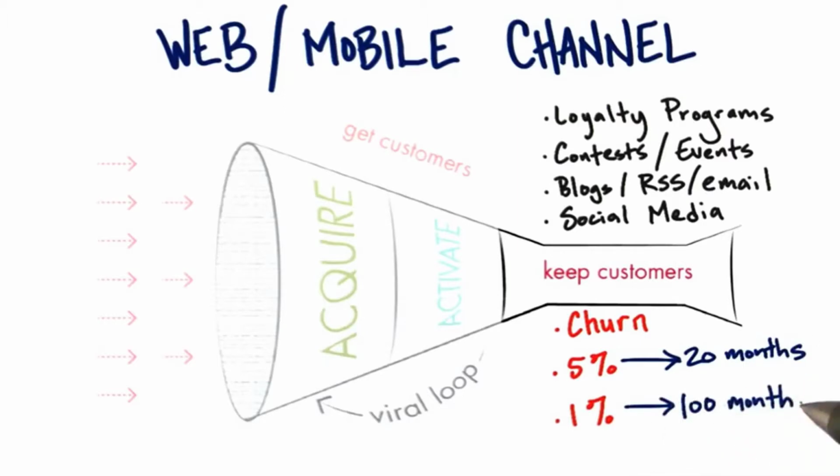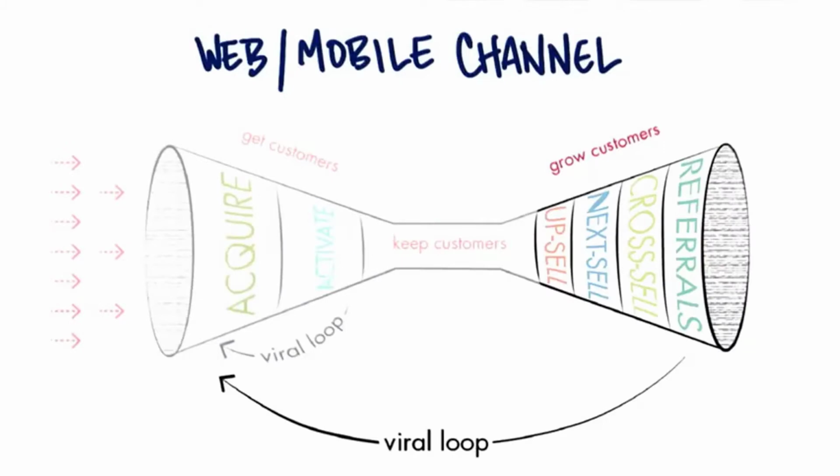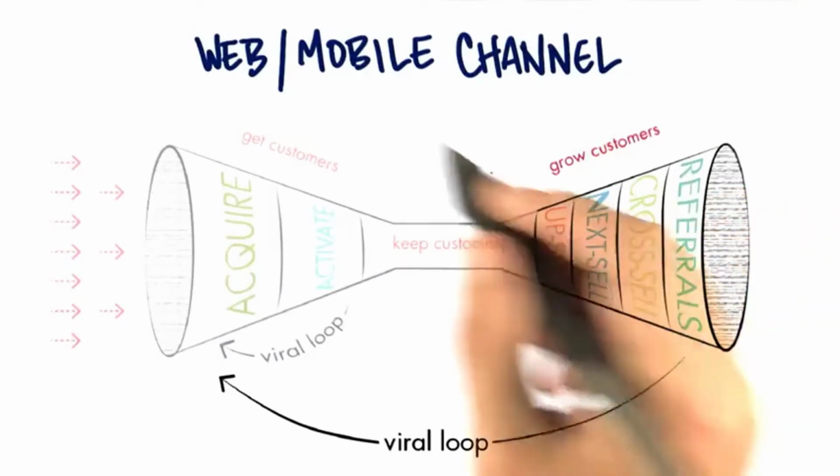You get 5 times more revenue from the same customers by just working on keeping these customers around. Now, by the way, in reality, financial people discount the cash flows from customers later in this life cycle, so the actual value you get is somewhat less. How much less depends on your industry and cost of capital, but we'll leave that for the accountants in a more detailed class. So this last step is growing customers for the web mobile channels.